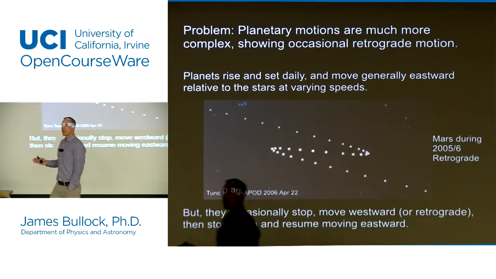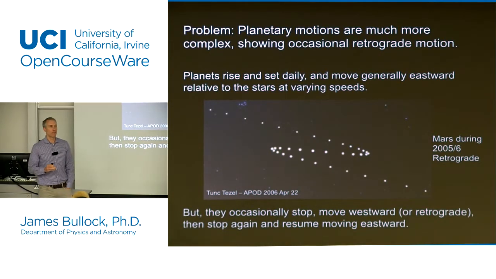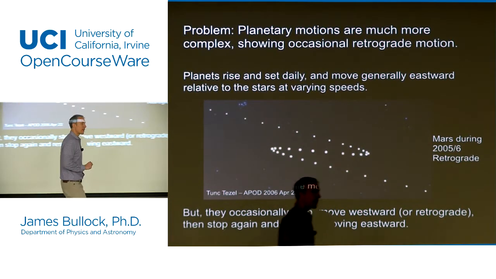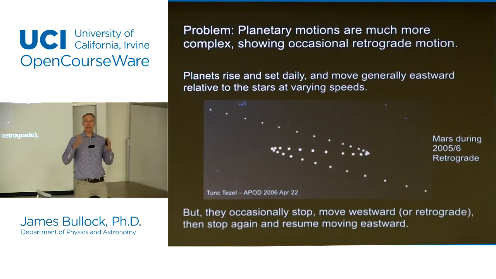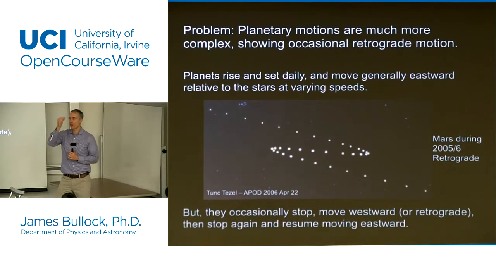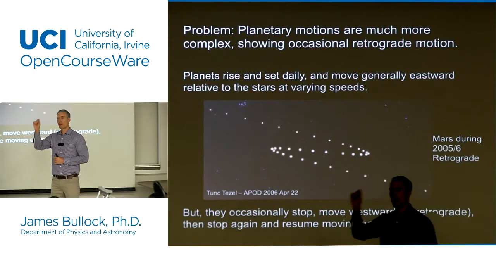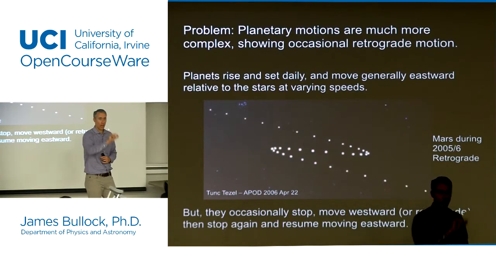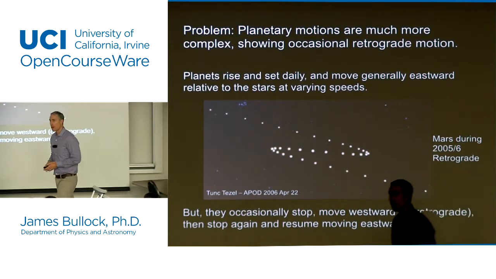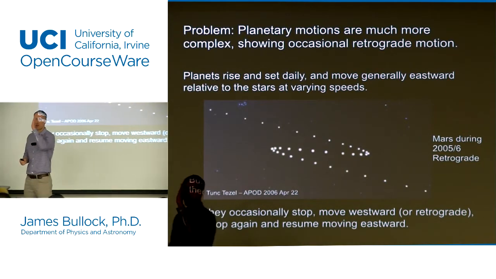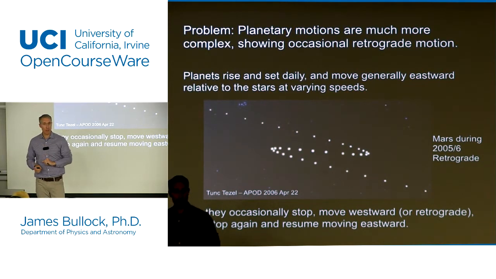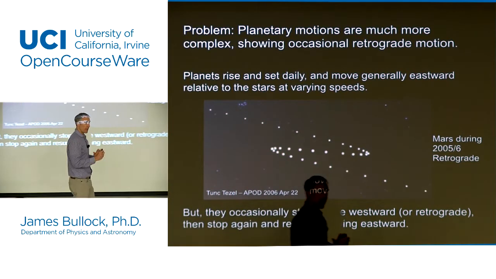So what this meant is that Aristotle's model matched a lot of data. It actually did a pretty good job of matching a lot of the things that were seen from day to day. But there was one thing that it didn't do well. The ancient Greeks were really obsessed with the idea of circular motion, and in particular, uniform circular motion. And so in Aristotle's basic picture, the planets went around the sun basically in circles, constantly moving circles. But if you very carefully track the positions of the planets in the sky, with respect to the background stars, they do something funny. Every couple years, for example, the planet Mars,